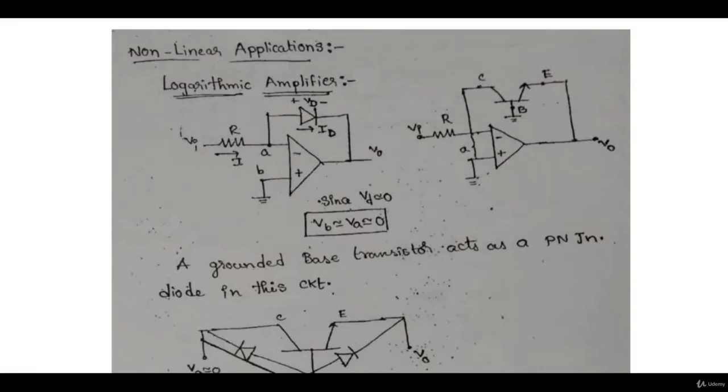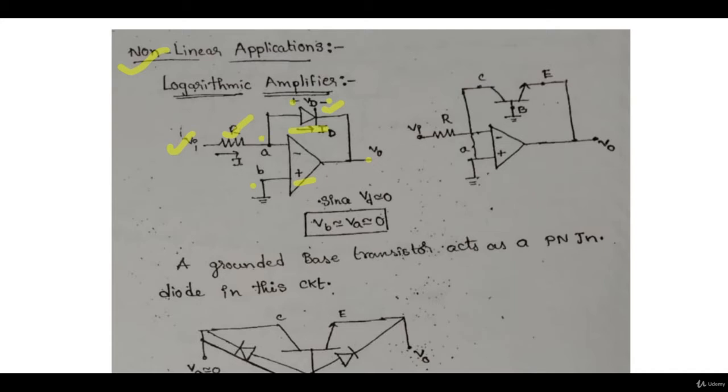Okay, let's look at non-linear circuits as well. So non-linear type of application you can also build from op-amps. Okay, so Vi is there, R, and then there is a diode. Current flows through this is ID. Voltage across this is Vd, V out. Positive is connected to ground, that is B, and A is connected to Vi, you can see.